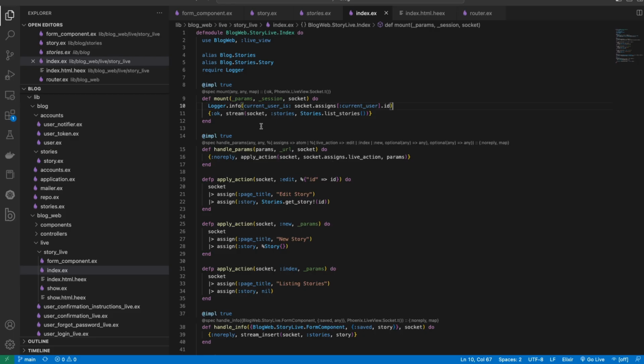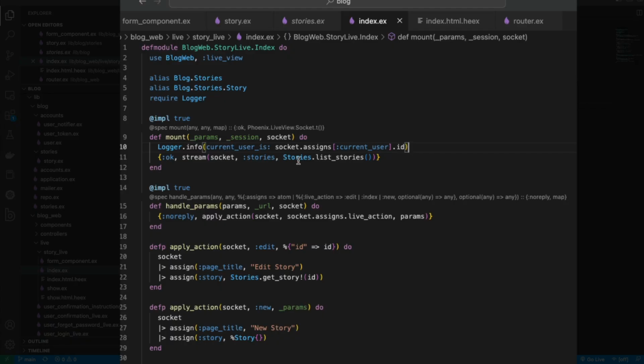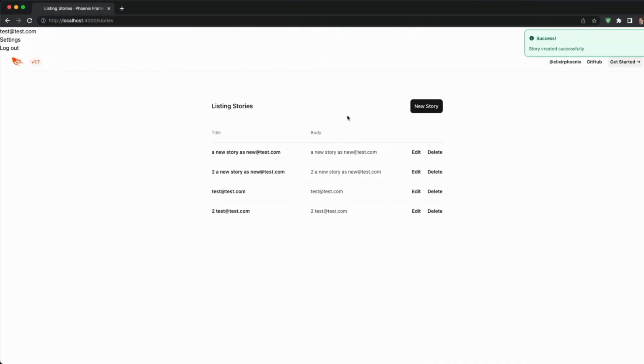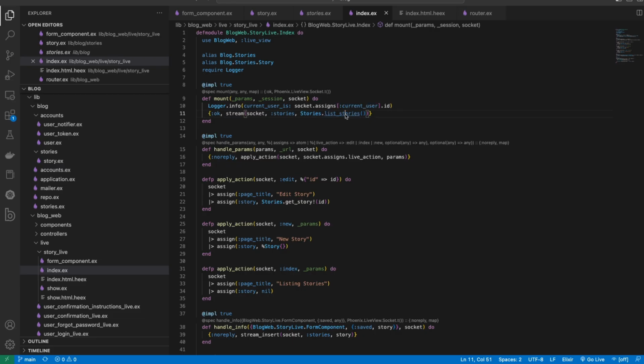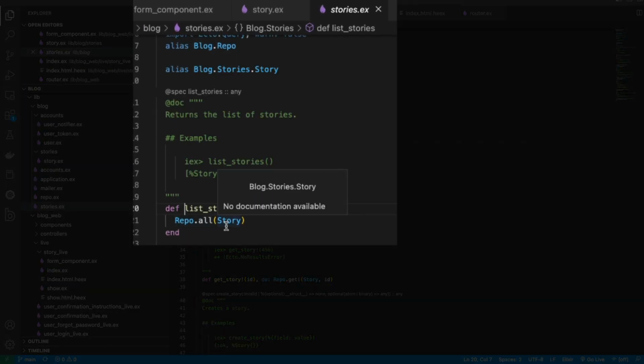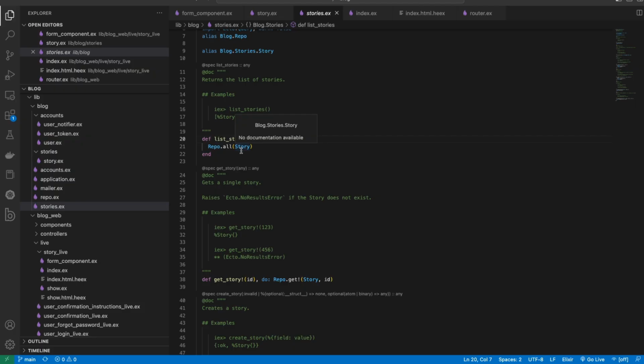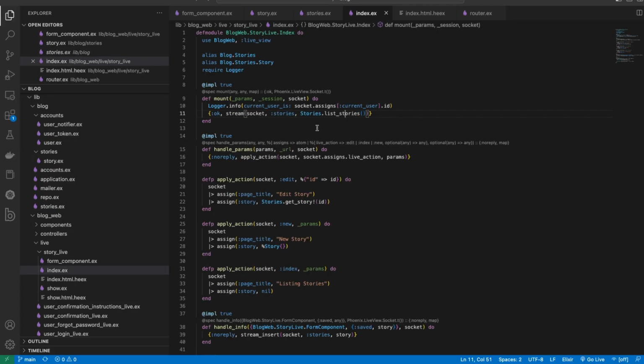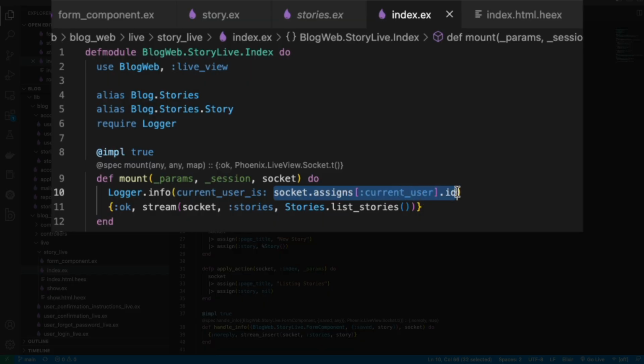If we look inside of the place where we mount the stories, you can see when the index page gets loaded, it actually lists out the stories. This is the function call for our stories context that gets called to list out all of the stories we see here when the page loads. So we're going to modify this function. Instead of displaying all of the stories, we want to display only the stories for the user who's accessing the page. Since we have this socket assigns current user ID,